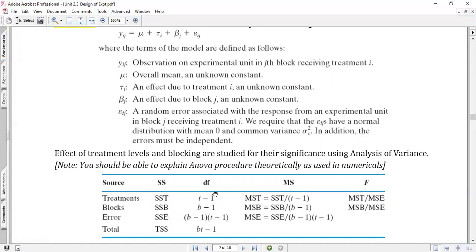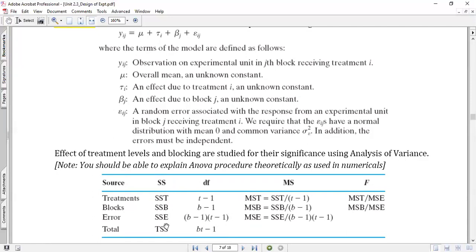And an important thing you need to notice is degrees of freedom. So BT is nothing but the total number of experiments. T is the number of levels for treatment, B is the number of levels for the block. T into B, as I told you earlier, levels multiplied by levels, minus 1, total number of experiments minus 1, becomes the total degrees of freedom. Number of levels for treatment minus 1 becomes the degrees of freedom for treatment. Number of levels for the block, that is B, minus 1. So this you don't have to worry about: total minus all the other degrees of freedom gives you the degrees of freedom for the error.